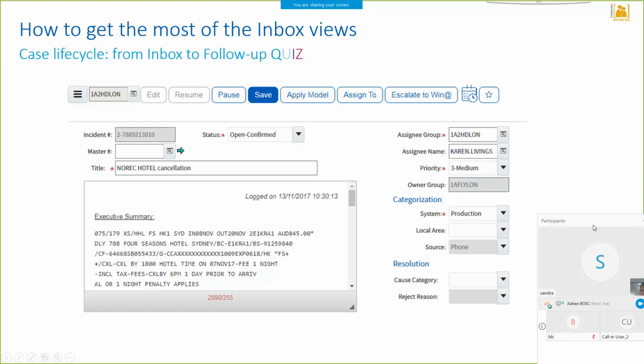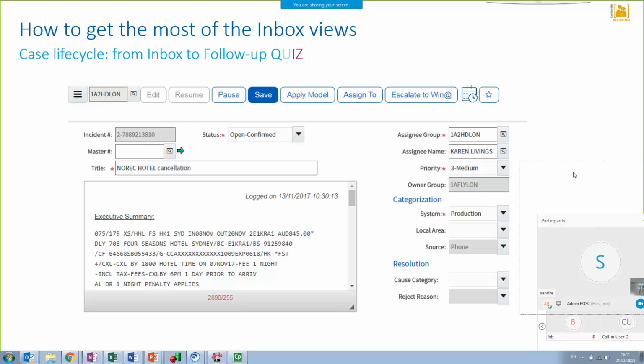Okay? And I think this is the most important part of our training today because you need to understand which actions are going to move the cases from the inbox to the follow-up. And there are several scenarios. This quiz is going to help us understand what is the impact of editing a case in a certain way.